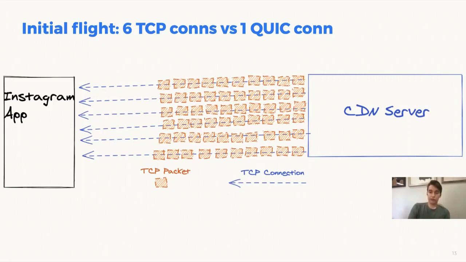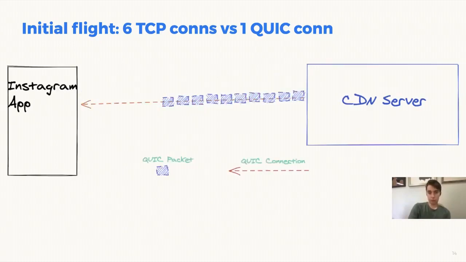And this is because the sending congestion controllers are all independent, and they all decide, okay, we're gonna send not too many packets because we don't know how much congestion there might be, so we're gonna send 10. But since there's 6 connections, the same server will end up sending about 60 packets to the same app. Now, if we go to the next slide, when we changed everything to QUIC, since QUIC has multiplexing on